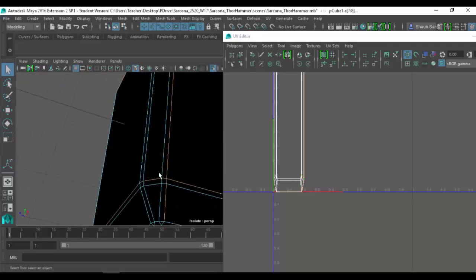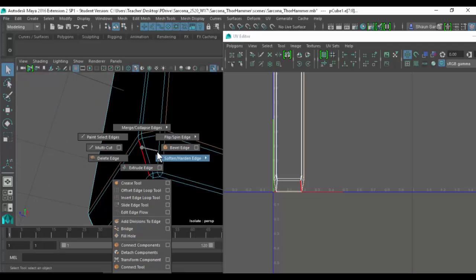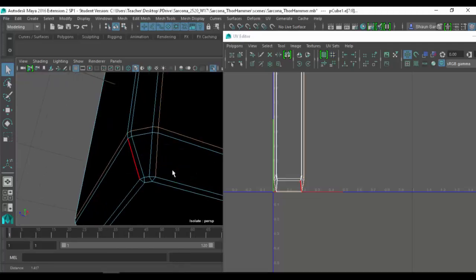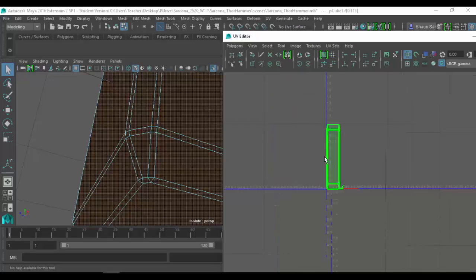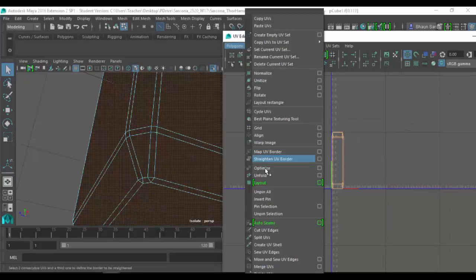Okay, and as you practice, I should get better and better at it. So polygon cut, grab the shells, unfold,